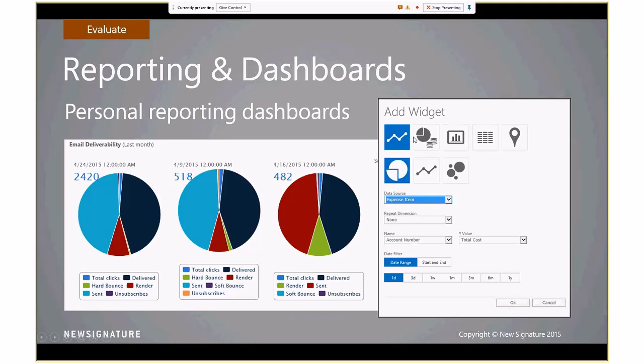But you can see you can build out in a whole variety of different tabular data, locational data, bar graphs, pie charts, scatter graphs,